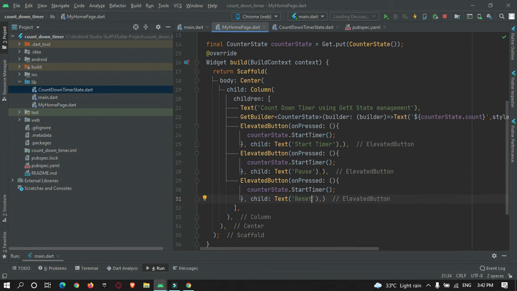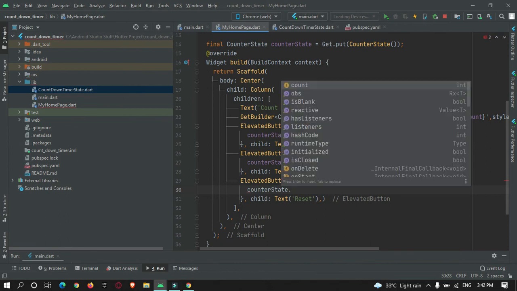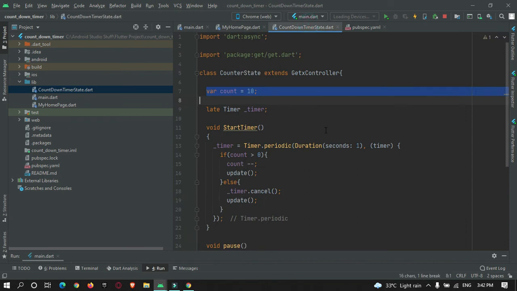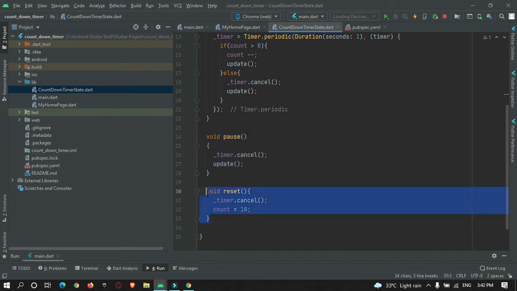From here you just need to call counterState.pause and counterState.reset. These functions will be called. Here we are just pausing the timer, and in the reset we are cancelling the timer and then resetting the counter variable back to 10.